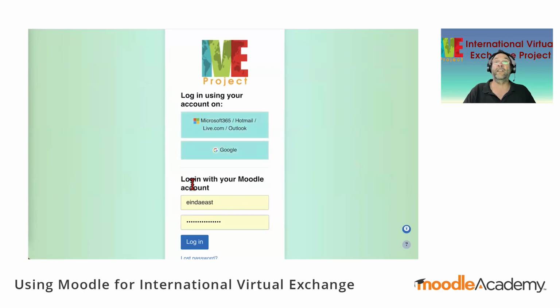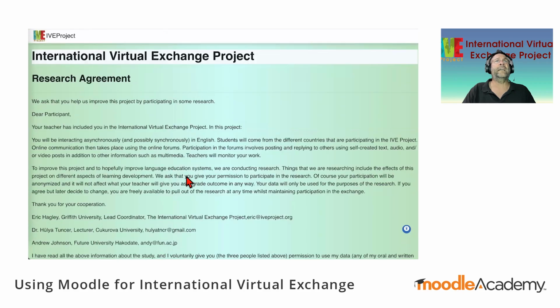So they will log in via a username and password, but there are other schools that are very strict with their privacy, etc. So they will use LTI. So that is another beauty of Moodle and why we use Moodle, the various different ways that we can access authentication.